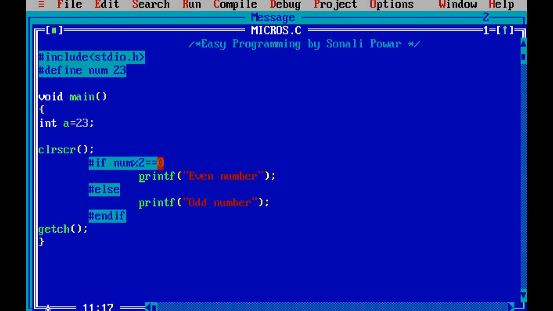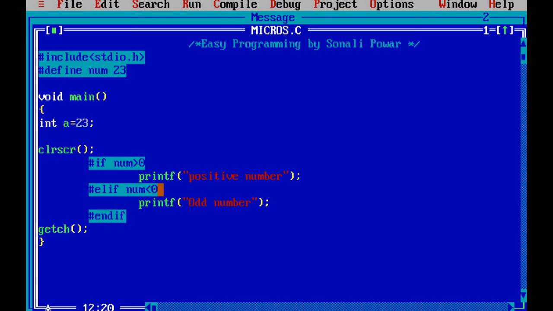Now next thing is how can I use #elif. Suppose here I want to check if num is greater than 0, then I will say positive number, and here I am saying #elif. When you are writing #elif, you are able to write the condition num less than 0, means check if it is greater than 0, then print positive.